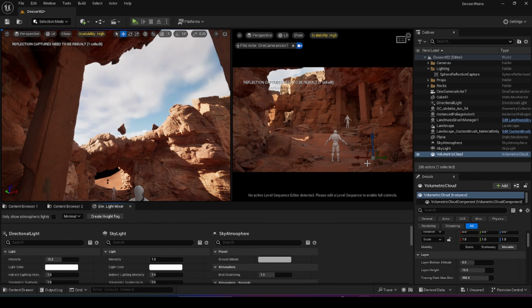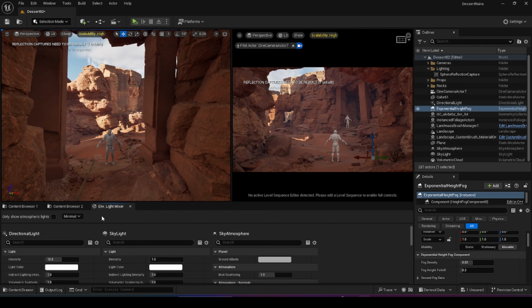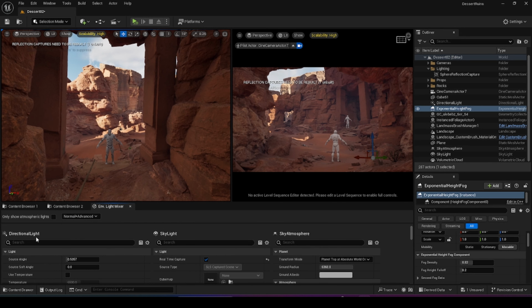So let's go ahead and add some clouds. And as soon as you see I added the clouds, it added more vibrance and more atmospheric ambient lighting, I would say. For more realism, let's go ahead and add the height fog as I did. I'm just gonna do one more setting and click on this tab that says minimal and go to advanced option,